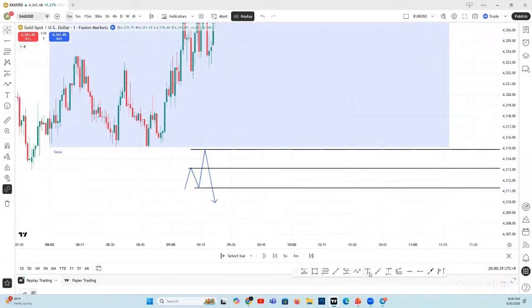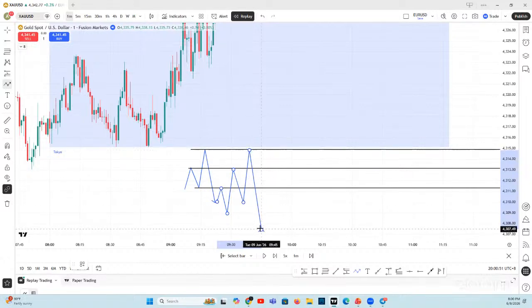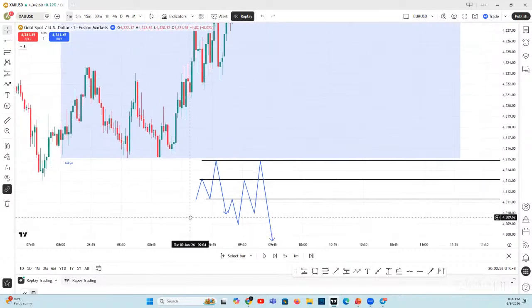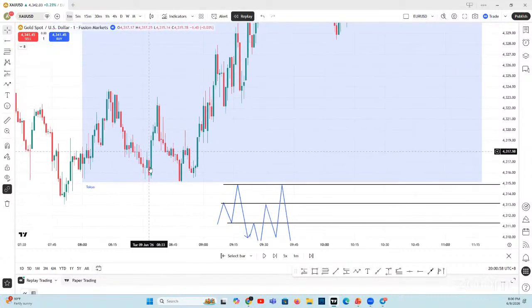Price will go back here, react there, and the last one, the strongest one is here, before it will dump to the intended direction. That's why here, they saw the head, they saw the shoulder, they saw the apex, and